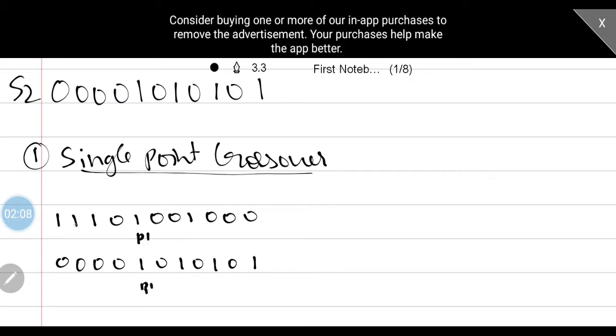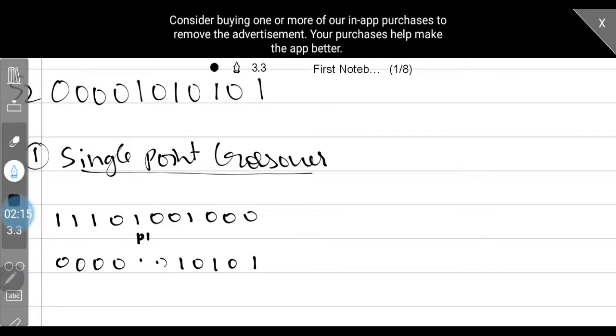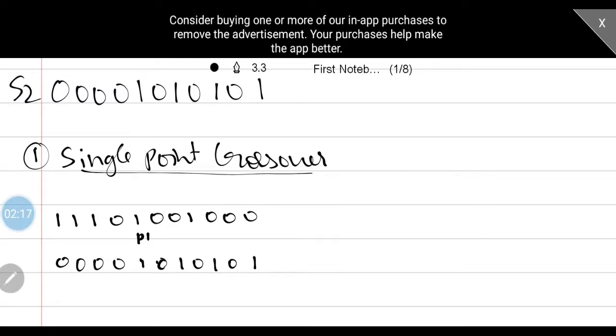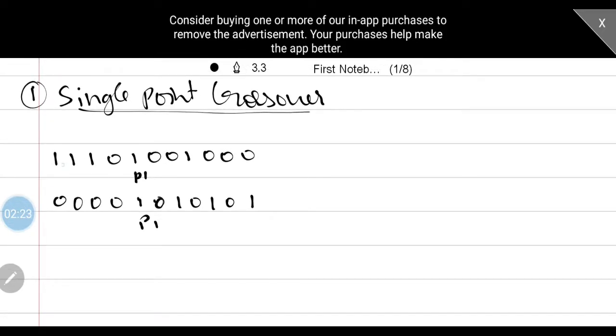You have to mark down what you are going to use. So now in the first string, mark down the digits before P1. In the second string, mark down the digits after P1.